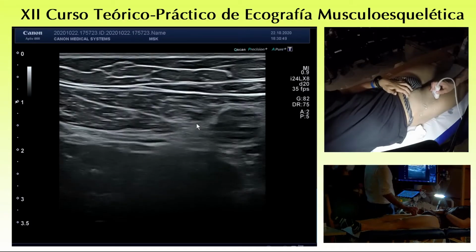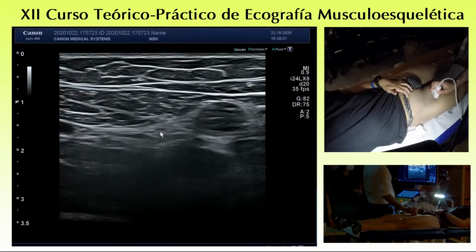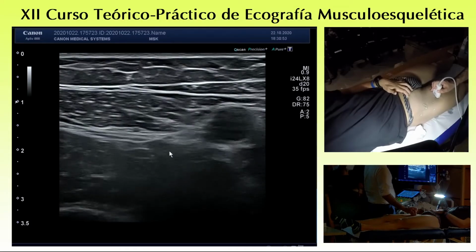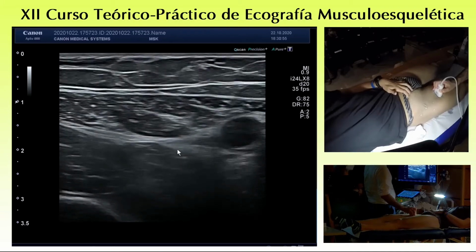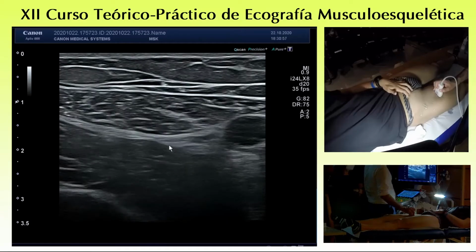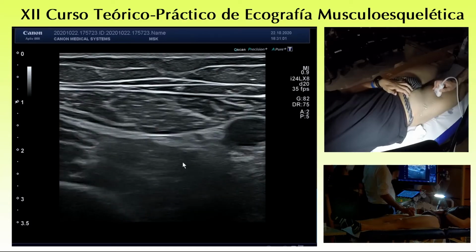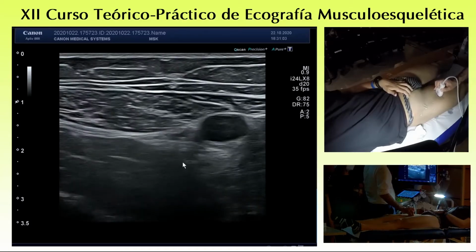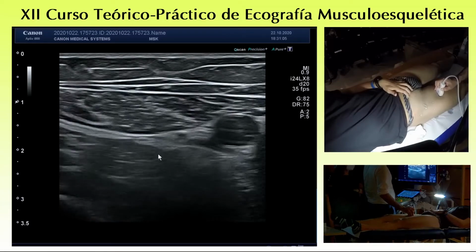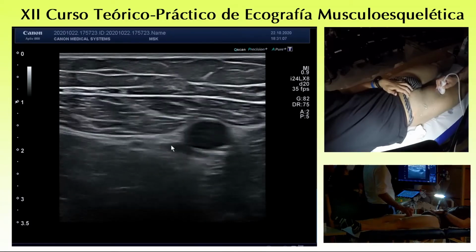Notice that there are some other branches here. These are the branches for the vastus medialis, that you recognize at this point. They go to innervate the vastus medialis, and in case of injury to this branch, you have selective atrophy, of course, of the vastus medialis. If you follow up,